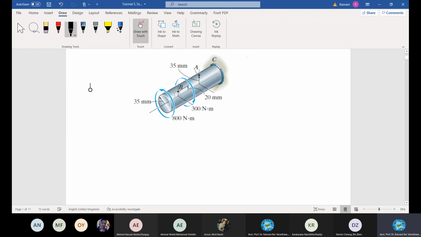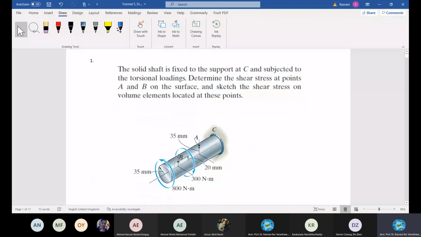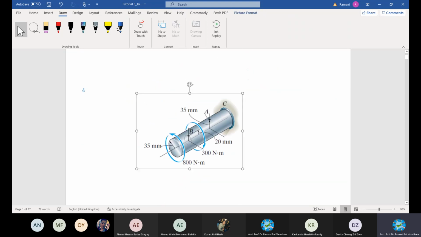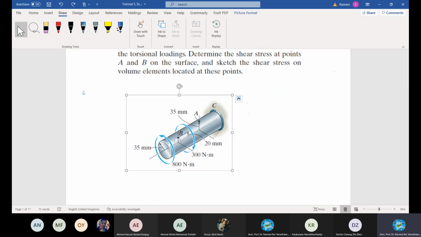Let's read this question. What is given here? You are given a solid shaft. It's a solid shaft, filled material. It's not a hollow one with an inner and outer diameter. It has only one diameter. Support at C. Okay, it is supported at C. In your usual drawing, you can draw it like this. The support, normally you put it like a fixed support, right? It is fixed here. Remember this point, it is fixed. You can use the notation for fixed support.